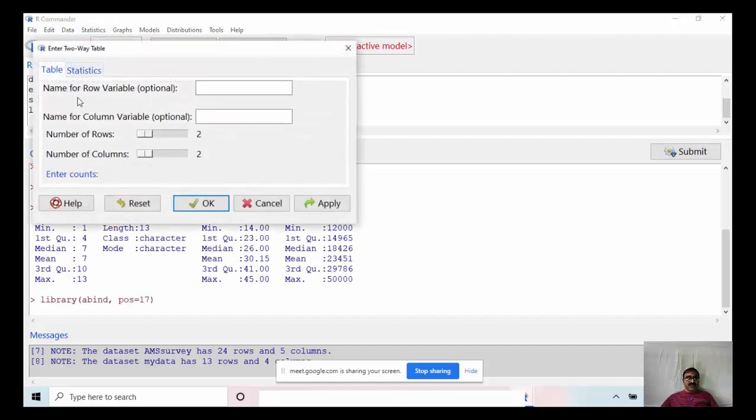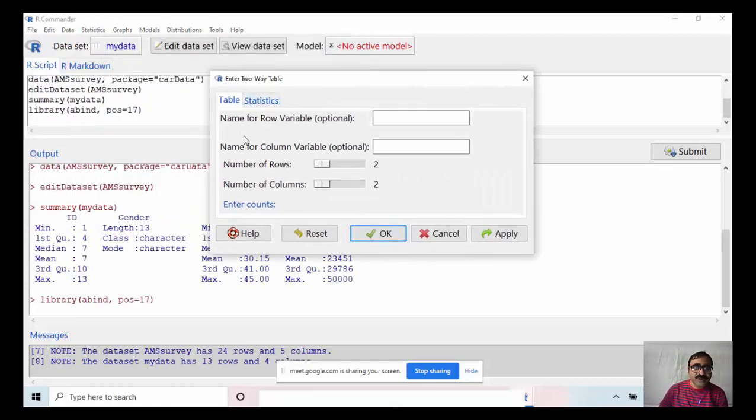Here you see, an option is coming, table name for the row variable. Row variable, I am writing suppose income group, and column variable, suppose I am writing gender.